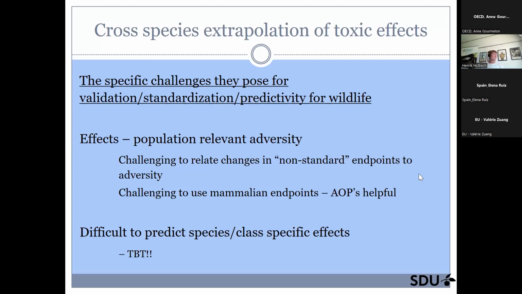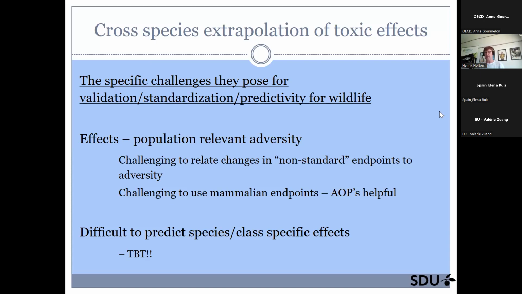But how do we translate a change in anogenital distance in a rat to a population relevance? That is really difficult. Hopefully AOPs can support this. Maybe it is an indicator of change in sexual behavior that could be an adverse effect, and so on. So there's a lot of AOP work that we need to support, for example, read across from mammals to